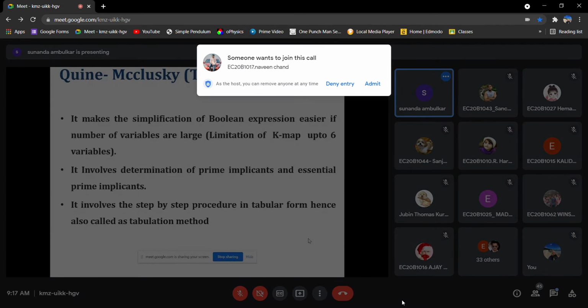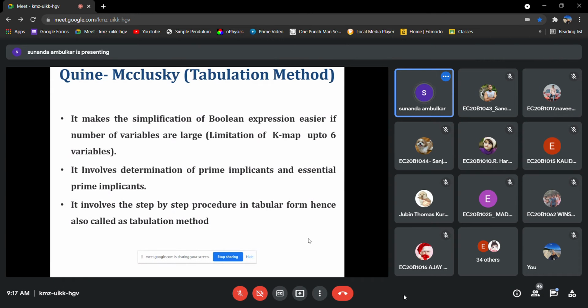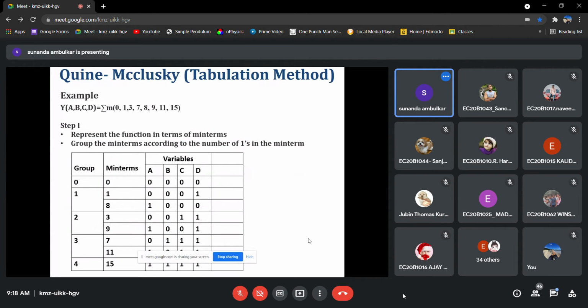Then another method is the tabulation method. Why is it called the tabulation method? Because we use this method in tabular form, so we call it the tabulation method. First, to understand this, we take one example.